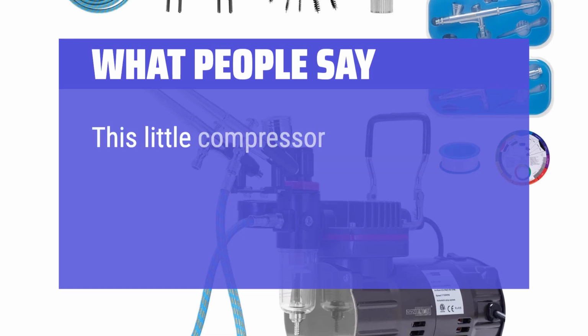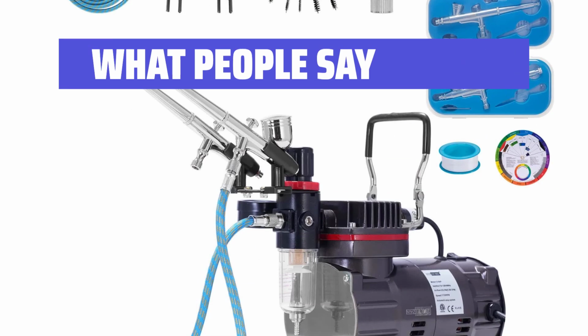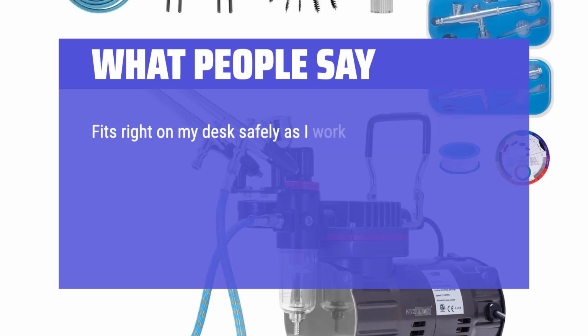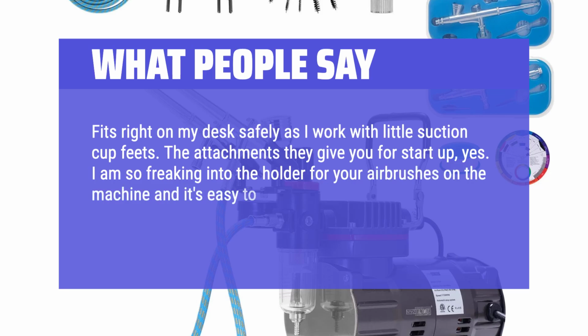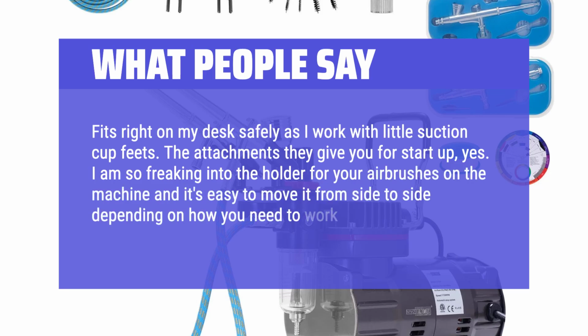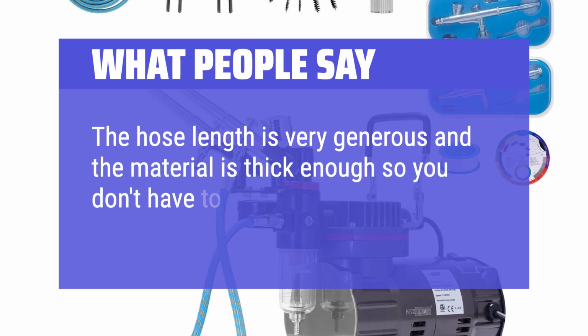What people say. This little compressor is great, and so are the airbrush pens that come along with it. Fits right on my desk safely as I work with little suction cup feet. The attachments they give you for startup, yes. I am so into the holder for your airbrushes on the machine, and it's easy to move it from side to side depending on how you need to work. The hose length is very generous and the material is thick enough so you don't have to worry about fraying